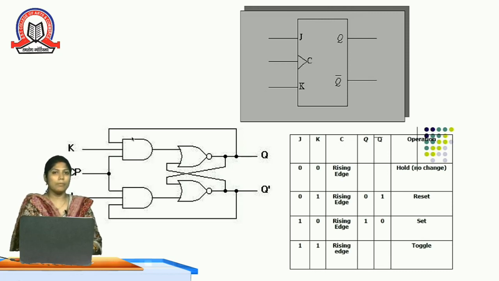So this is all about basic flip flop: to understand how it stores information, what is a 1-bit storage device, why it is used in counters and shift registers, what is the basic flip flop, how it is operated, and we have discussed types of flip flop: SR flip flop, the modified version D flip flop, and then JK flip flop. Thank you.